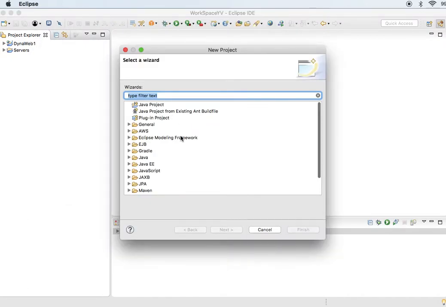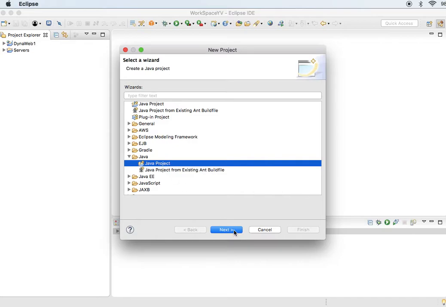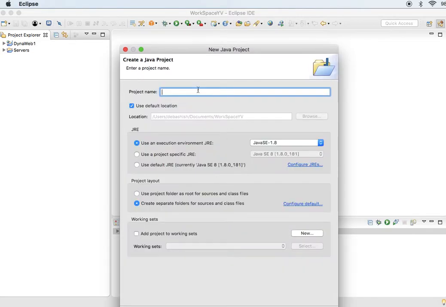So here you can see you can directly go from Java project, or here if you are not getting these options, Java project from existing and built in Java project. So if you are not getting this, so go for Java. This is going to be there in Eclipse by default, Java. Then click on Java project. Next, give the project name, anything you can give. Suppose I will say debug demo.